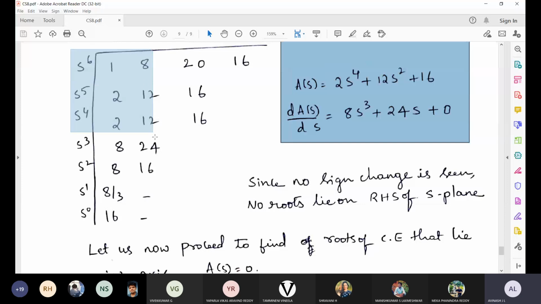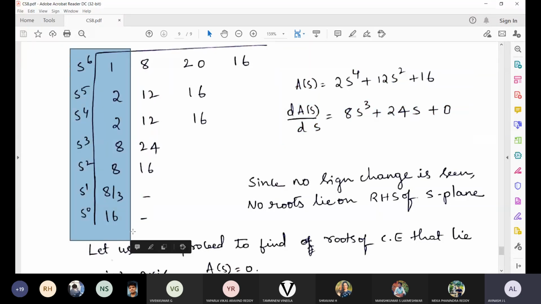Here you can observe one thing: even though all the values are positive, we cannot say the system is stable. Why can we not say the system is stable? Because earlier a difficulty has come. Difficulty means there is a condition, and that condition has to be satisfied and taken care of. Only then can we do it. If the condition is not satisfied, then it is very difficult. That is why we say, condition-wise,